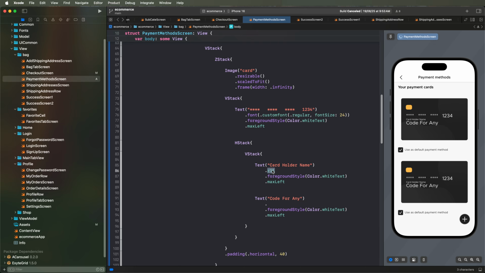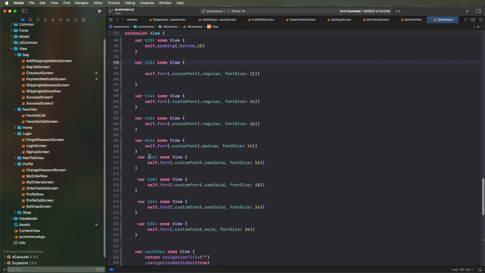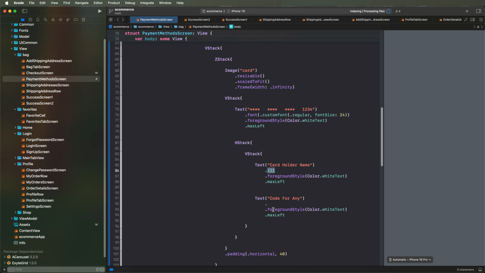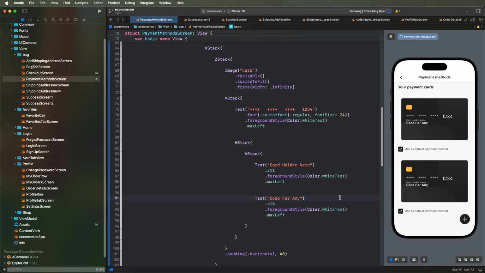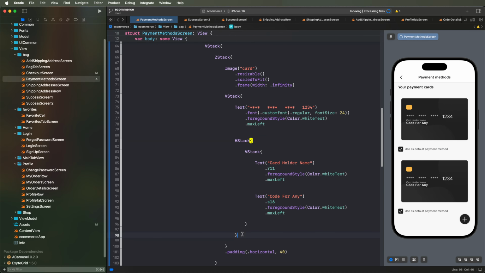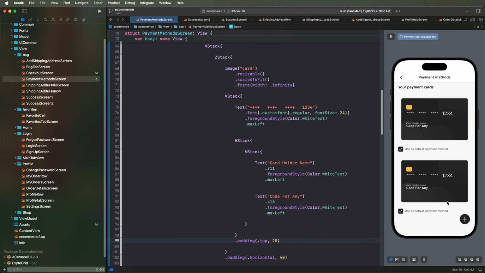to check. Go to definitions for the semi bold. We need to use the 16. Yes, this one is good, as 16s. And look like this showing here. And also make sure to set the padding top. We need to set the 20 and look like this showing